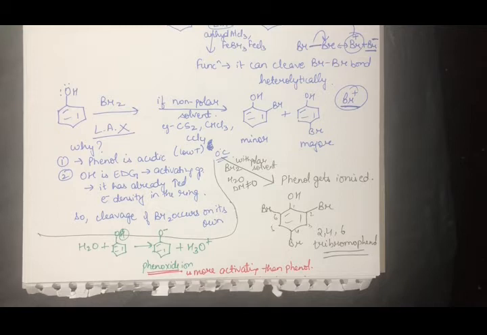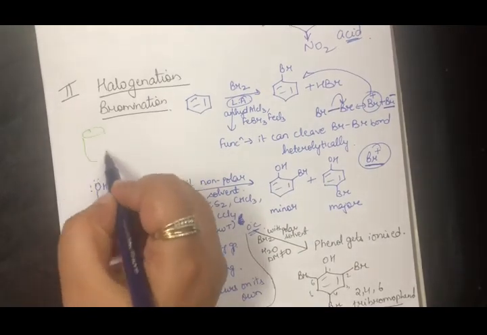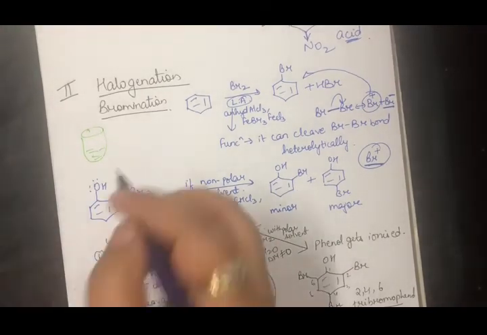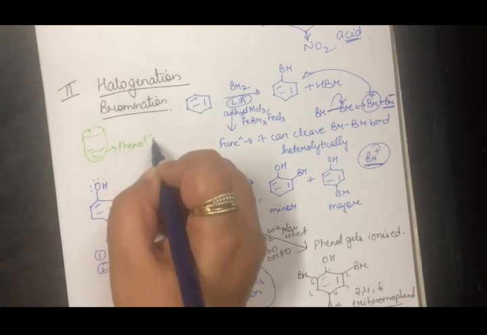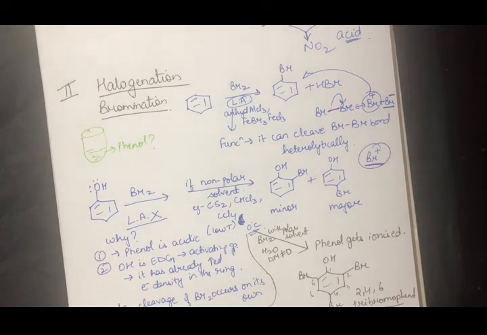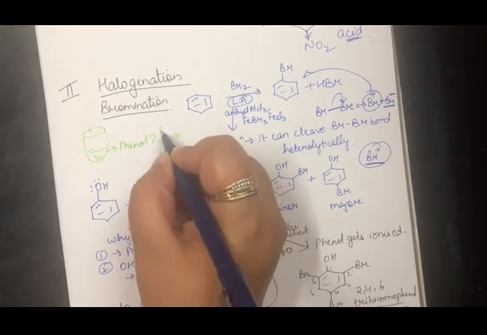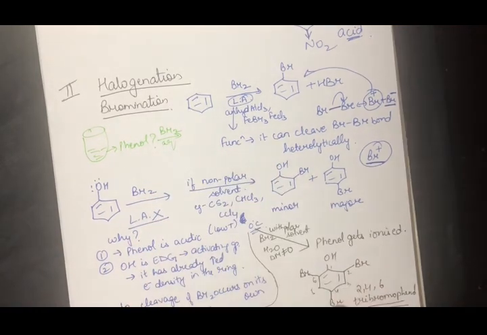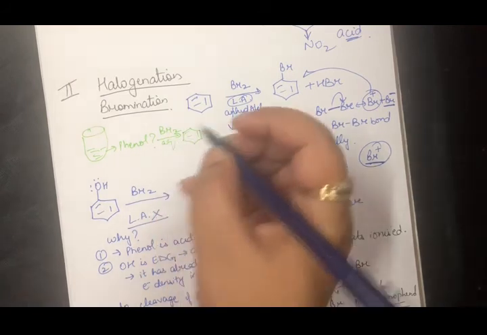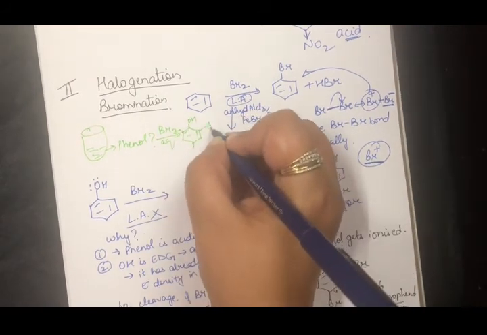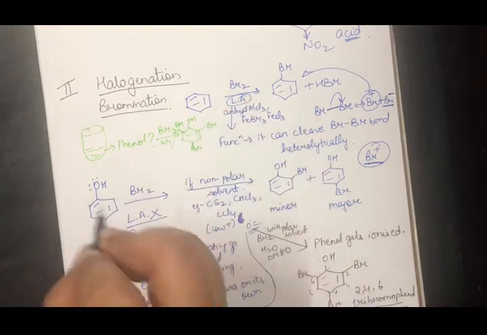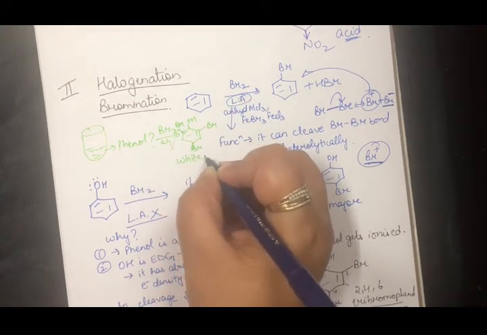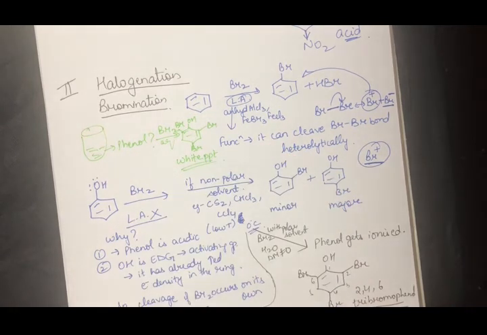Also, one more important thing that you need to remember here is, what if I tell you that I have given you a test tube, and I have added a compound here and I want you to check if it is phenol? Now what you can do is, if you want to confirm, you just add bromine in here, in your aqueous medium, that is your water. What will it form? It will form 2,4,6-tribromophenol. And the beauty of this reaction is that it forms a white precipitate. It is not soluble, it is a white precipitate.